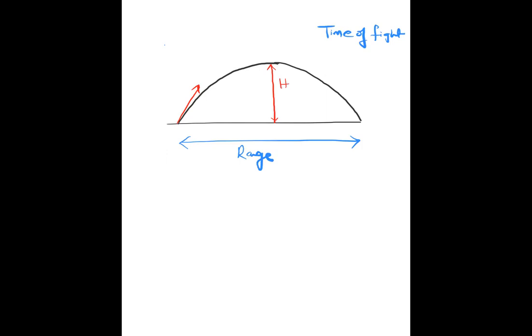And you can see clearly here that there are two components: one is the vertical component, one is the horizontal component. And this is the velocity u. The horizontal component will be u cos theta, which will remain the same throughout, and the vertical component will be u sin theta, which will decrease from u sin theta to 0, and again increase to u sin theta basically, but in the downward direction. That is a fact. And then we do the horizontal part.